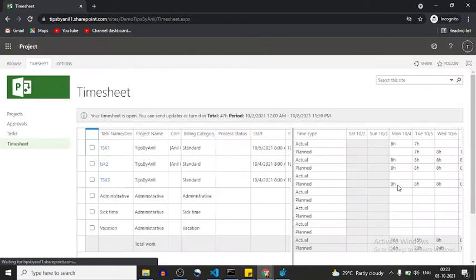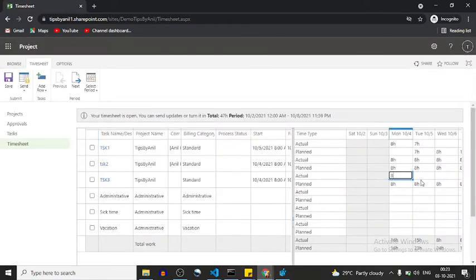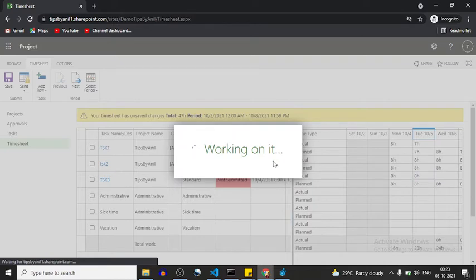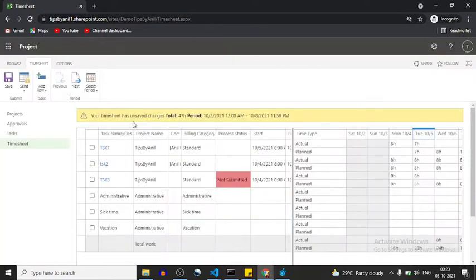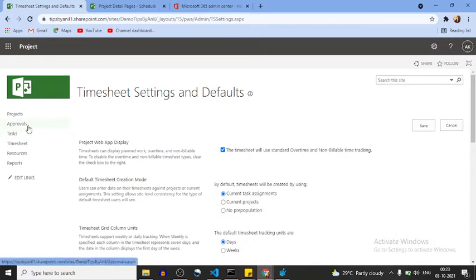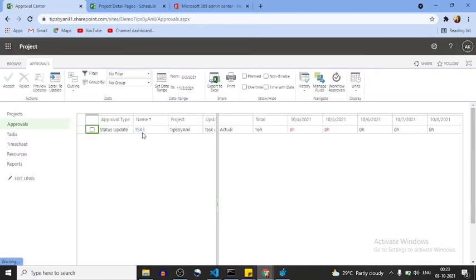Okay, 8 hours, 8 hours. Okay, click on send progress for all tasks. Click on OK. Now click on approvals. Sorry, approvals, because Anil Kumar is the approver.